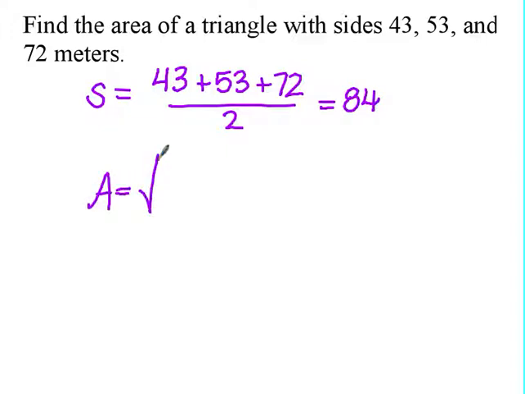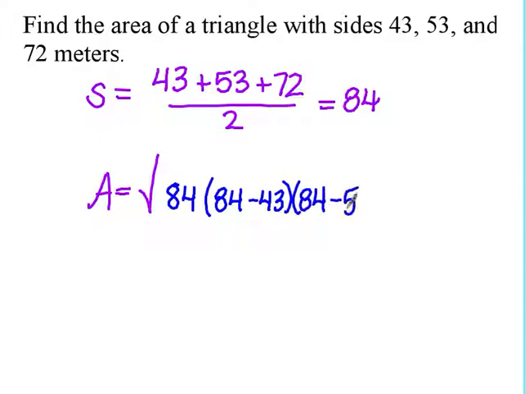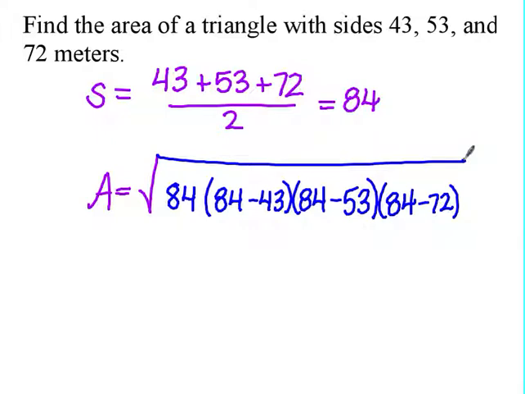So now we're going to use the area formula. Area formula says you take the square root of S, which is 84, then I've got some parentheses. So I'm just going to take 84 minus each of the sides. It doesn't have to be a certain order, just as long as all the sides are accounted for. So 84 minus 43 is 41. 84 minus 53 is